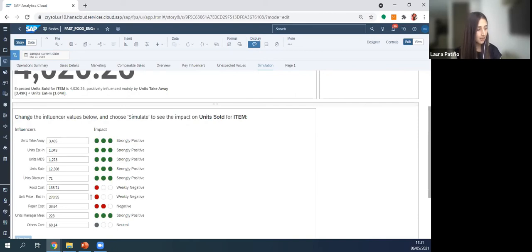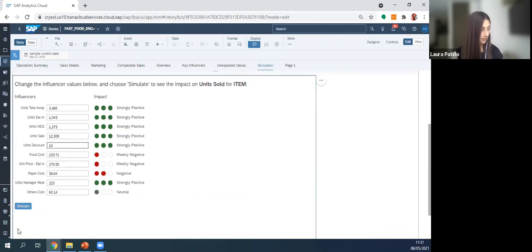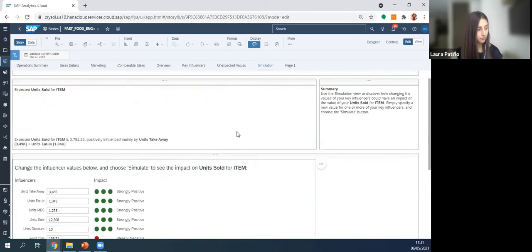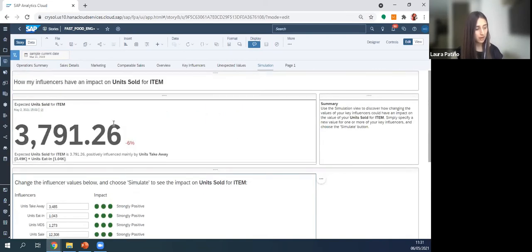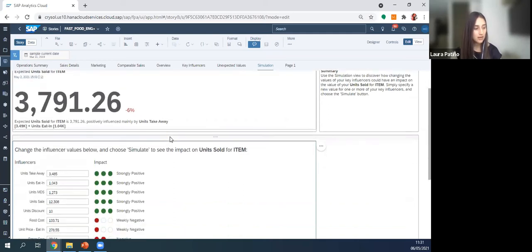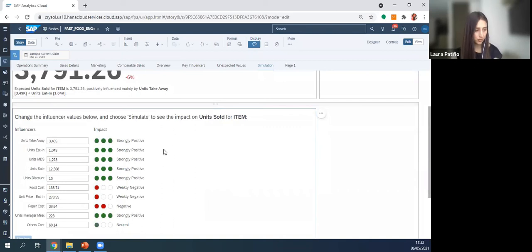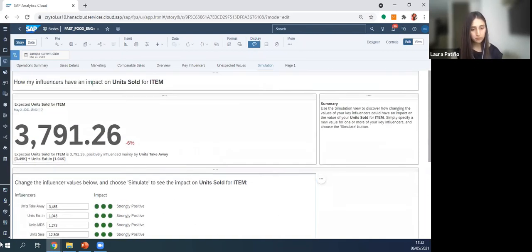So here I'm just going to show you, if I change this number, the unit discount, and I just lower it to 10 and then click on the simulate button, it will automatically recalculate this data here, and it is telling me that it will have a decrease of 6%. So this functionality is very useful. You can have the what if scenarios. So what happens if you take one decision or the other? Okay. So coming back to the presentation,